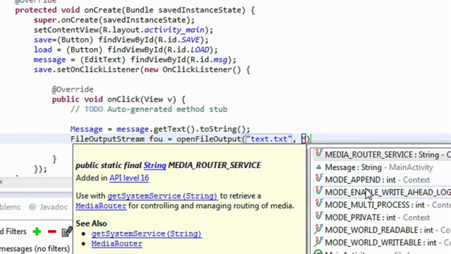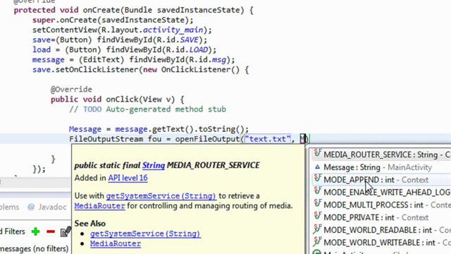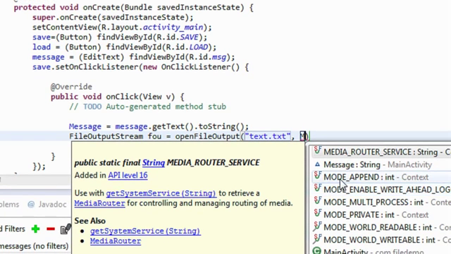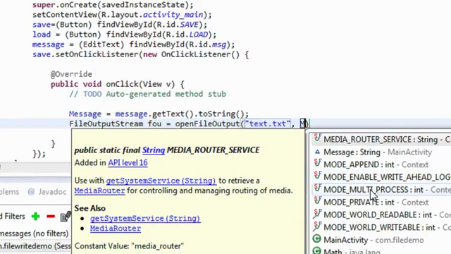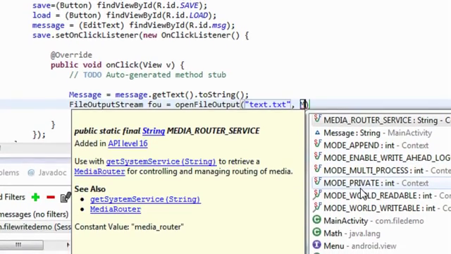There are different types of modes present. Mode append means you need to add data into an existing file. That means the entered data is appended to that file. And here is the mode private. Mode private means